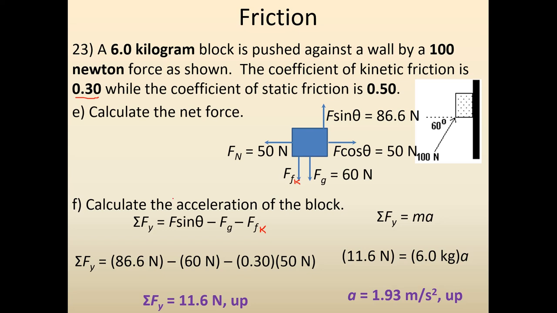So this is a perfect example of pretty much the craziest that friction can get based on the type of information we can get right now. You're going to see a little bit later on how I can make it a little bit trickier, but the key thing here is that the FBD ends up being a crucial aspect, and you have to constantly take things one step at a time. Start calculating things, do what if scenarios, see if it works. If it doesn't, switch it to something else. So hopefully you can start getting some of the way that I'm approaching these problems and start applying it yourself